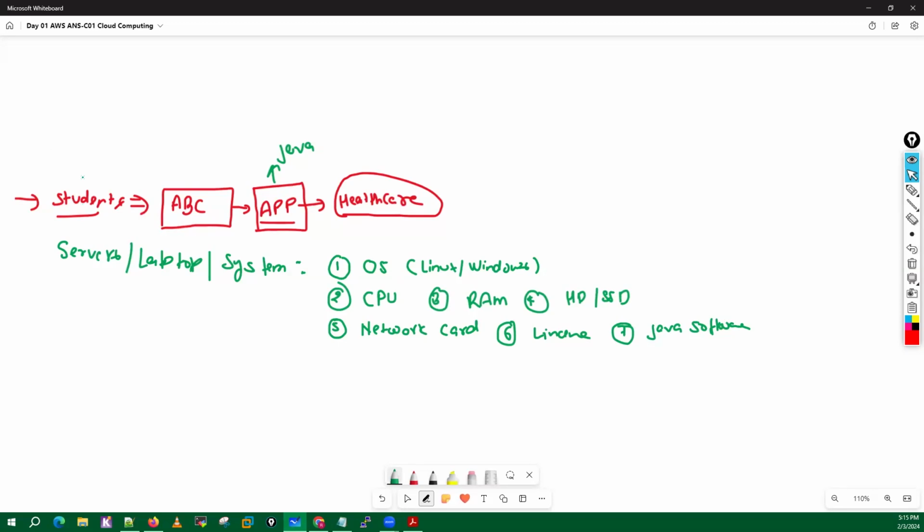So let's say these are the two engineers. Let's say the first engineer's name is X and the second engineer's name is Y, right? Now these engineers X and Y want to run this particular application. So what do they have to do? They need to purchase this particular laptop or system, right? Now, what are the options available if they want to purchase a laptop,